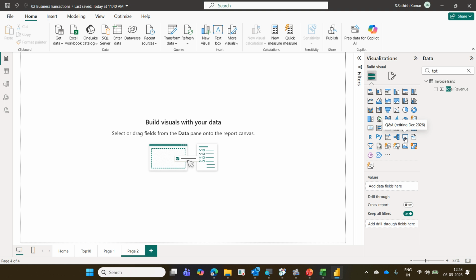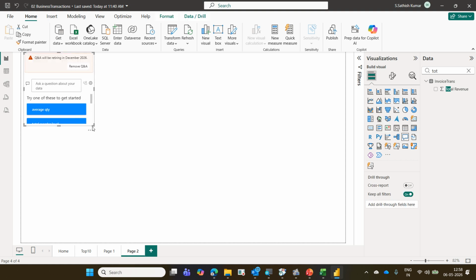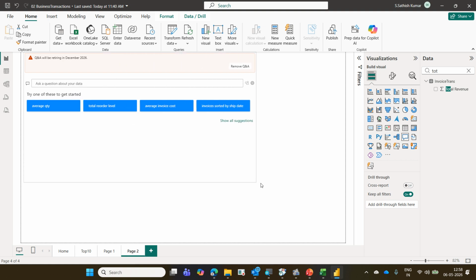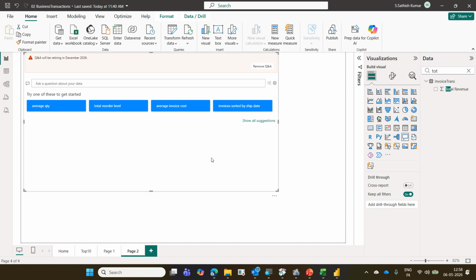Now, what is the advantage of this? It's ask a question about the data. For example, I want to create a chart, but I don't know how. City-wise, I want to know the sum of revenue, maybe as a bar chart, a line chart, or a column chart.